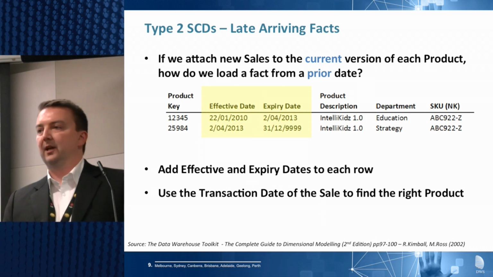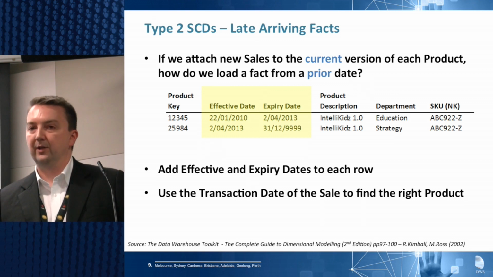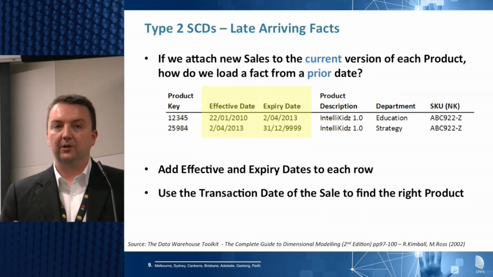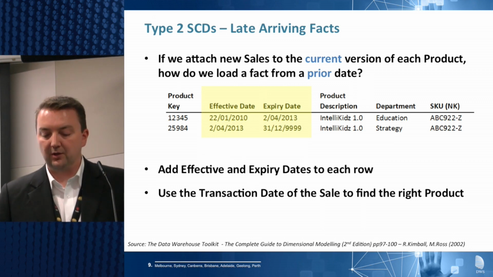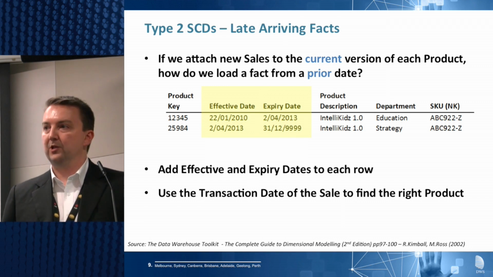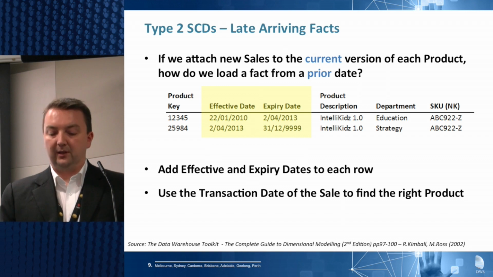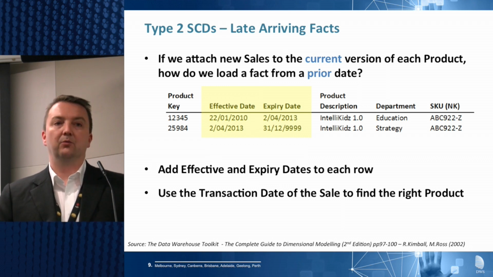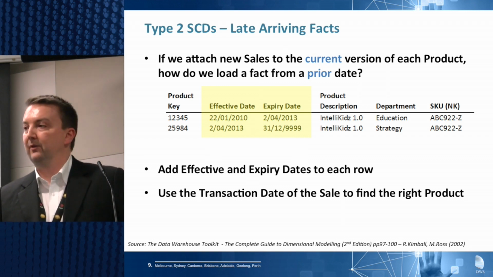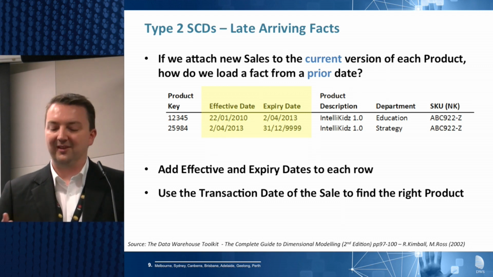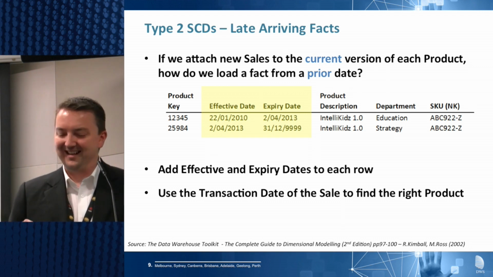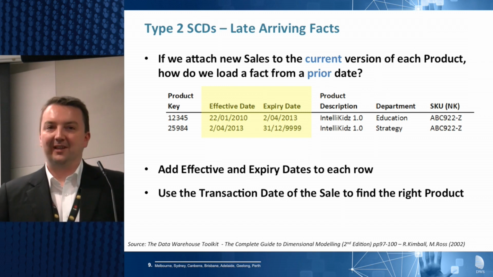Now we can take the date of our incoming sale and compare it to a date range on our type 2 slowly changing dimension. So rather than just blindly allocating it to the current row, we compare the dates and allocate it to the row that was active at the time